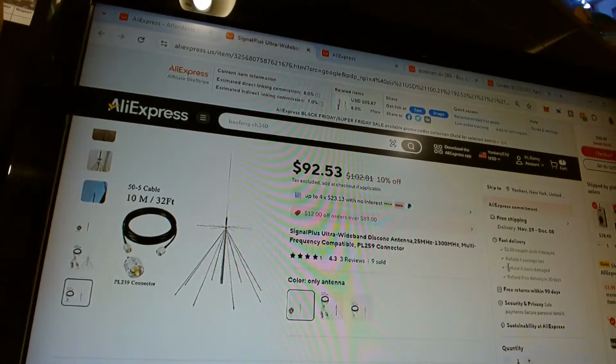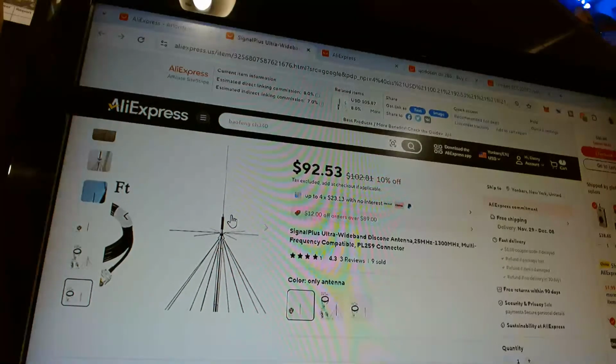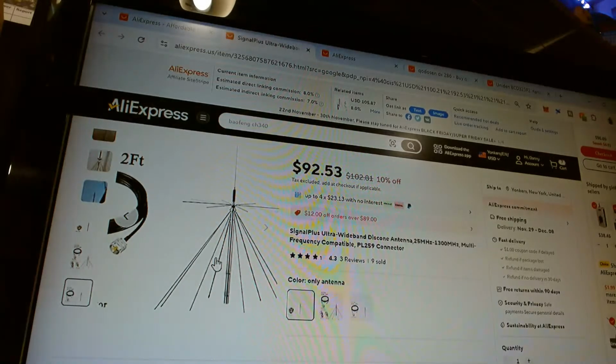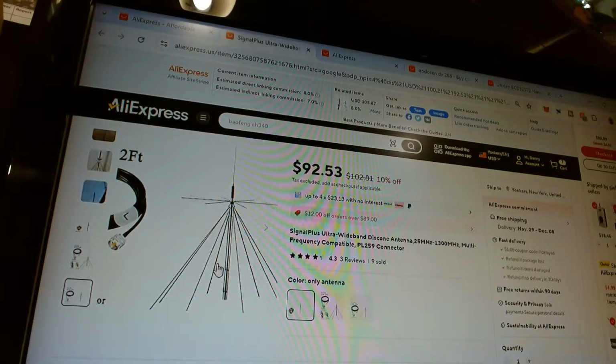Not only CB radio, 10 meters. I even heard shortwave. I heard WWV at 20 megahertz. I heard all the way down into the shortwave band.